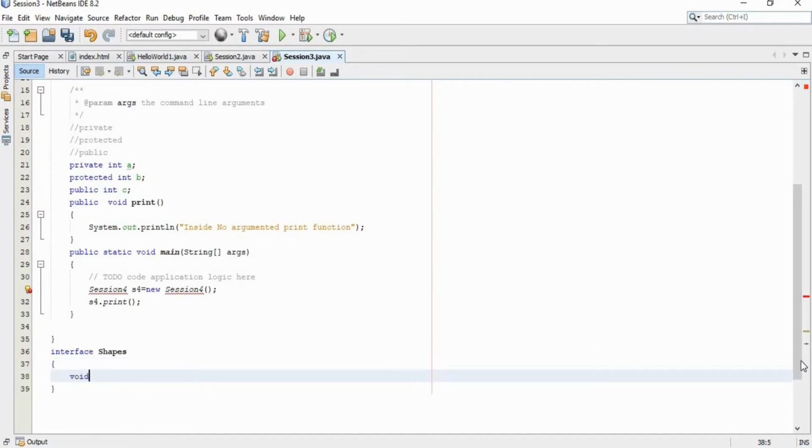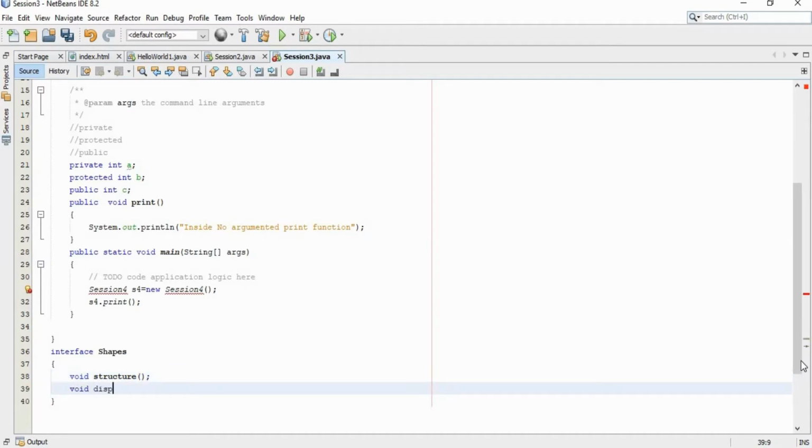In that I am going to declare some methods: void structure of, and void display of. So I have two functions inside our interface shapes. Again I am going to create another interface called shapes1.